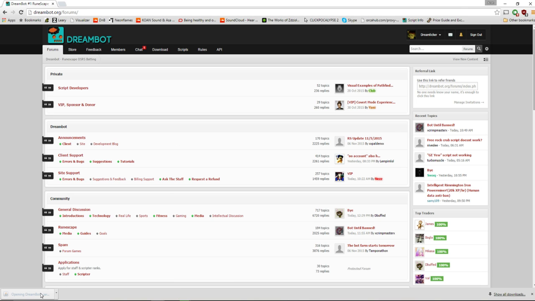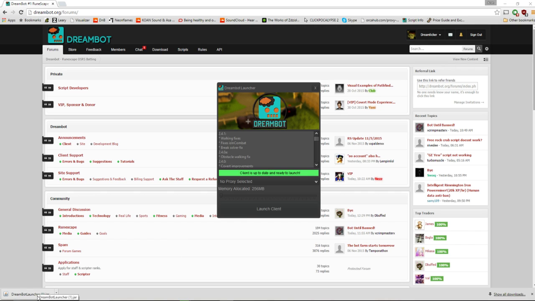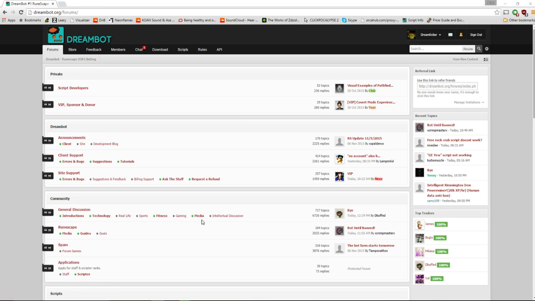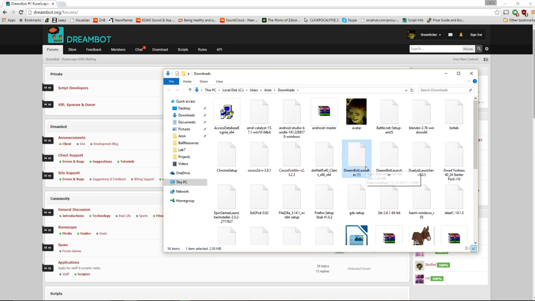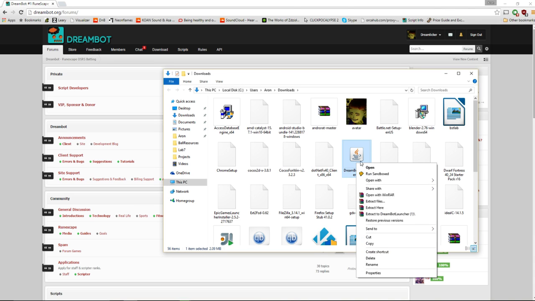Now, once it downloads, if you click on it, it should open to this. However, if it doesn't, what you can do is go to the folder that it's in, and the icon will load. Okay. So if your icon isn't this little cup thing, then go here to Open With, and click Choose Another App,